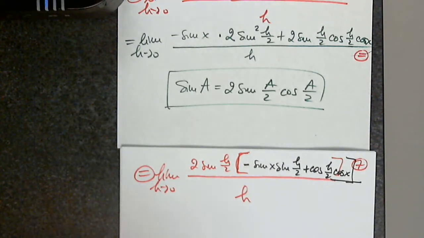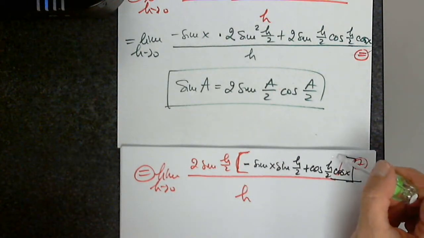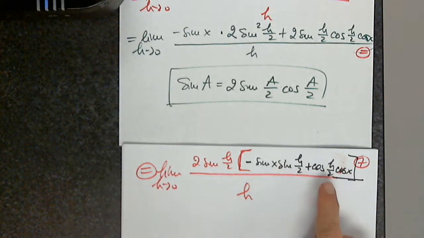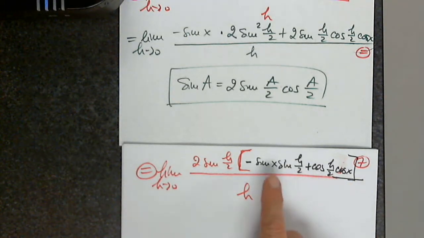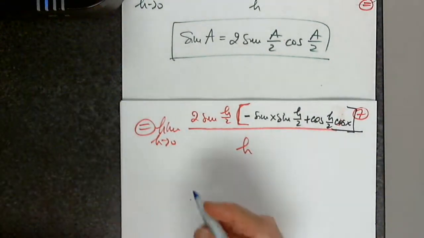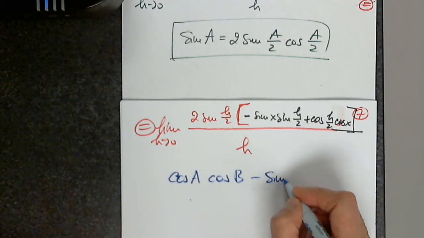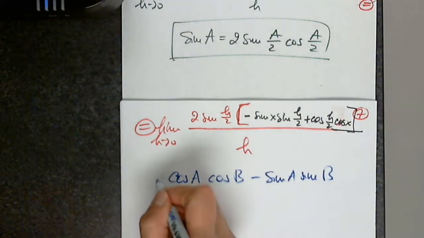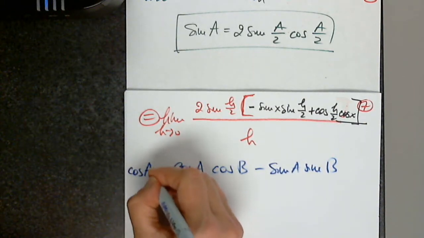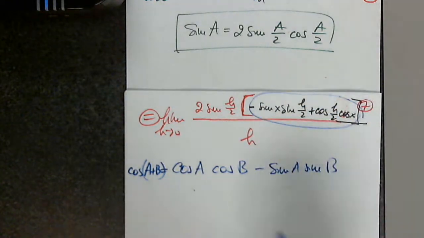Any questions so far? Last identity that we need to use. Does anyone remember what does cosine h over 2 cosine x minus sine x sine h over 2 equal to? So let me write it here. Cosine A, cosine B minus sine A sine B. What does this equal to? Excellent. Cosine A plus B. Indeed. So all this gets changed into